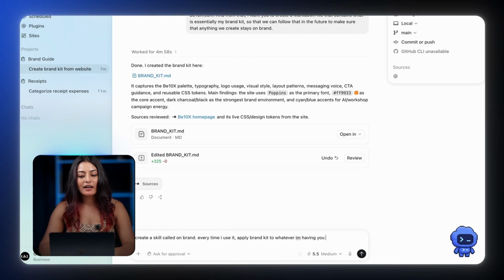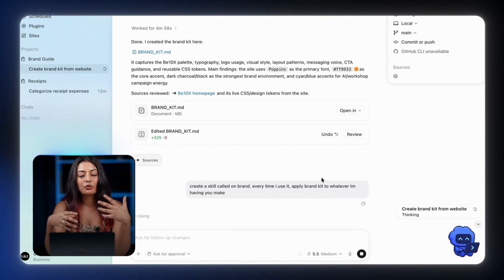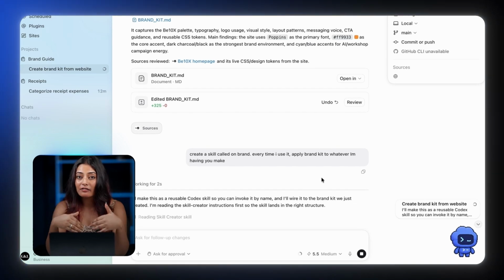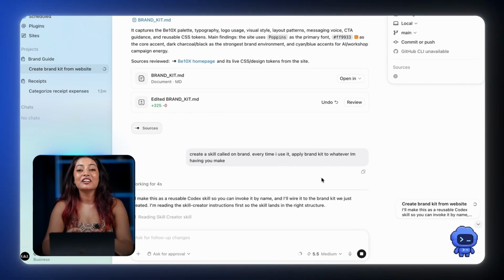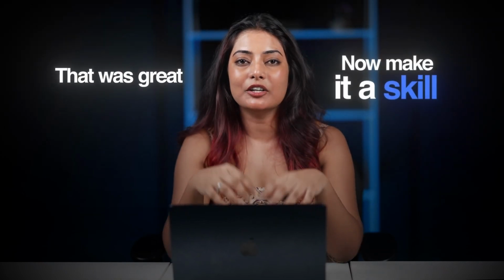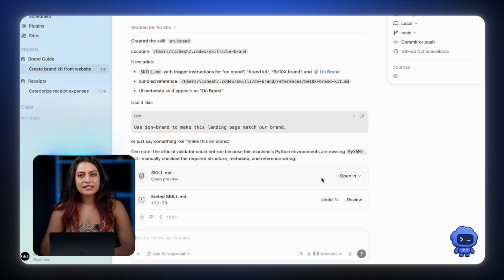So notice that I'm not going to settings to create a skill. I just literally tell Codex to create a skill for me, and it's going to do that. And you can do this for anything. Or if Codex makes something for you that is just perfect, you can say that was great. Now turn that into a skill so we can do it again the same exact way in the future. The skill is now created, so let's test it out.